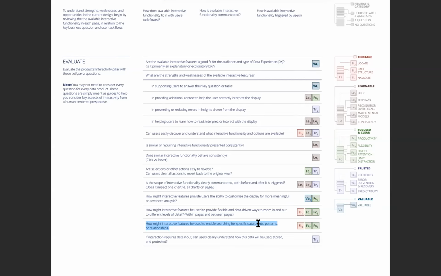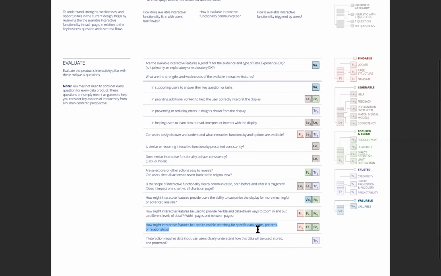But it's phrased broadly enough that the solutions could really be limitless. I showed you three solutions earlier, but you could just as easily come up with a ton of different options. And then the heuristics for this question should help you to evaluate and choose among those options which solution might work better. For this question, the three heuristics are locate, direct attention, and productivity.